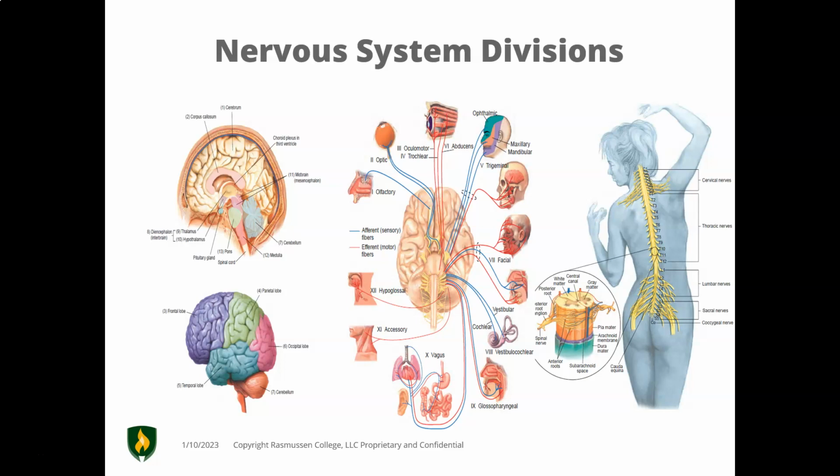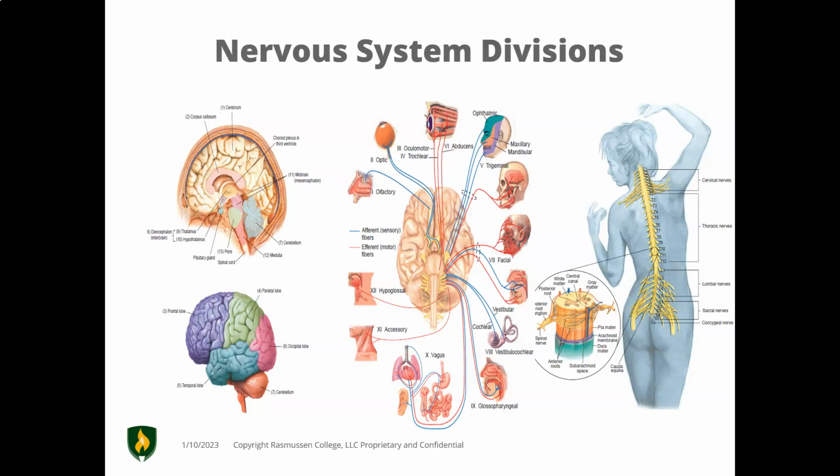The peripheral nervous system consists of 12 pairs of cranial nerves and 31 pairs of spinal nerves. It consists of sensory neurons, which will carry impulses from the body to the central nervous system, meaning that they are afferent, A-F-F-E-R-E-N-T, and the motor neurons, which carry impulses away from the brain and spinal cord to the muscles and glands of the body, which means that they are efferent,